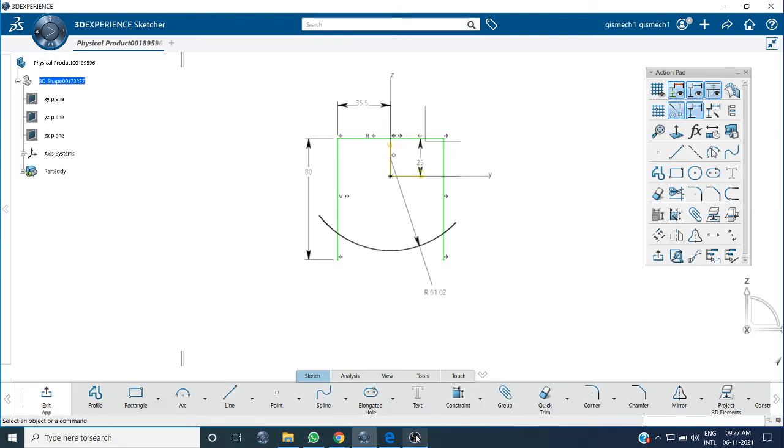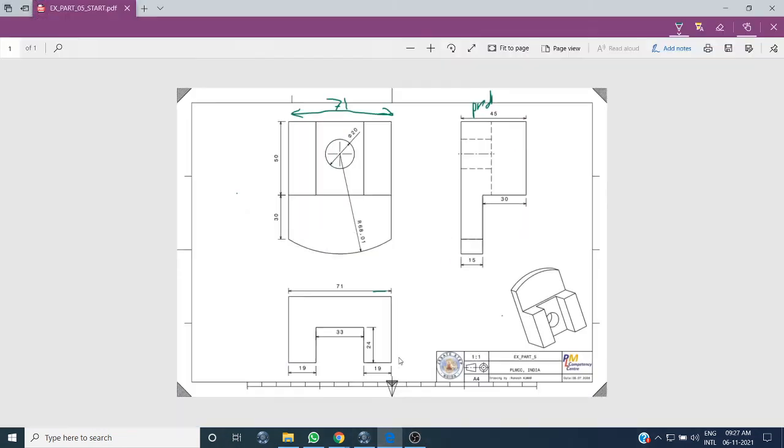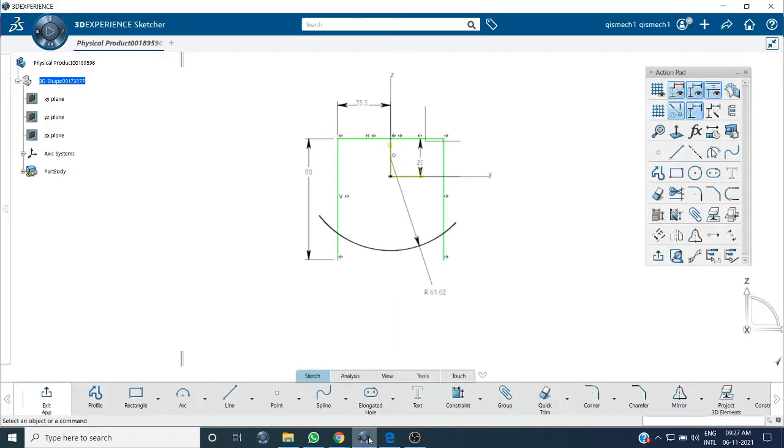I'm not wrong, that is 68.01. Now I will fix these two coordinates with coincidence: right click, coincidence.